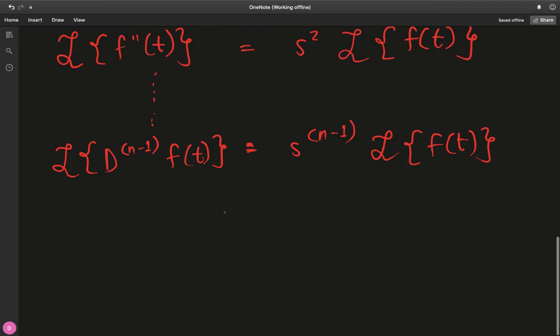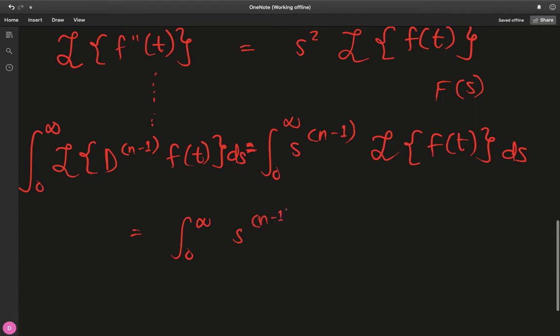So now, why don't we integrate both sides with respect to s? Because as I said, this Laplace transform is with respect to s. So in the end, you're going to end up with another function, capital F of s. So we have everything as a function of s on both sides. So why can't we integrate from 0 to infinity ds on both sides? When we do that, look at the right hand side. We have the integral from 0 to infinity of s to the n minus 1 times the Laplace transform of f of t